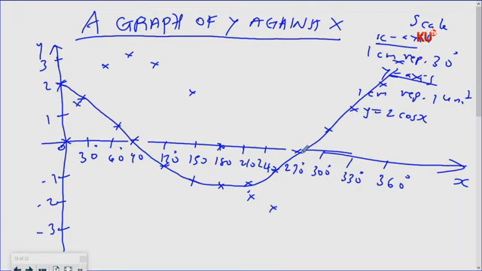Next, 270. When x is 270, y should be negative 3. Very good, learner. I can see we are very sharp learners here with me. When x is 300, negative 2.6 should be somewhere there. When x is 330, y should be 0. And finally, when x is 360, y should be